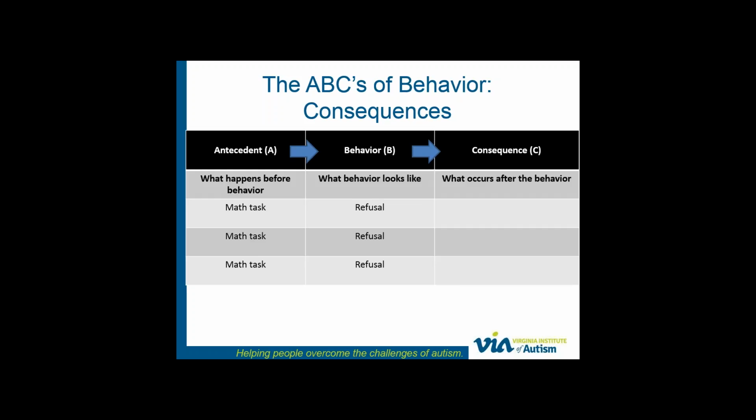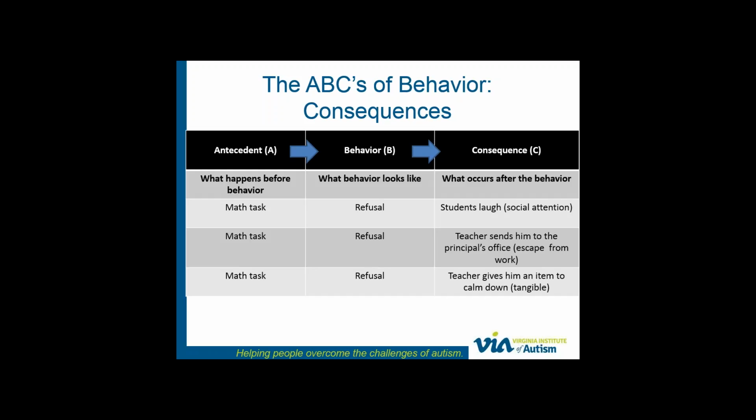So another important thing is that we should not ever treat a behavior by just looking at the A and B. So, for example, in these three examples, the antecedent's the same. There's a math task. The behavior looks the same. And if we just look at that, we would treat it exactly the same way. Oh, these three kids don't like math. They're refusing. Let's put the same intervention in place. Perfect. However, if you look more deeply,